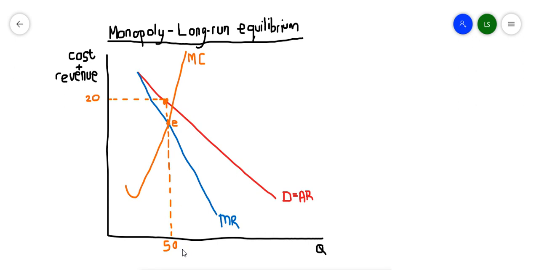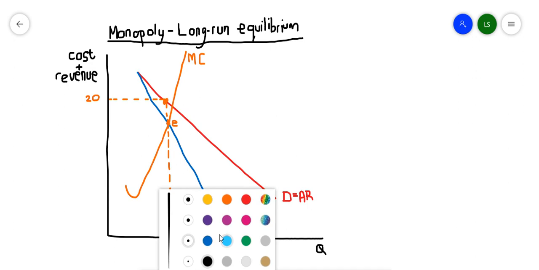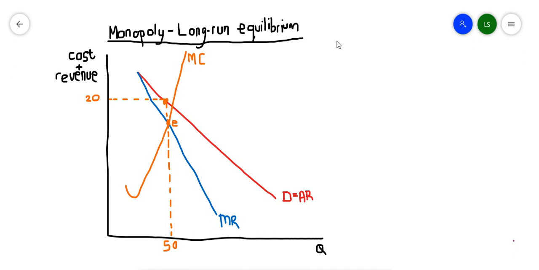The last step is, or the last graph that we have to add, is your average cost. And exactly the same as in the perfect market, the placement of your average cost curve will determine if this monopoly is going to make an economic profit or an economic loss. Okay, now we know long run equilibrium. The theory says in the long run, my individual producer must make an economic profit. That is the theory. Okay, the theory says in the long run, a monopoly will make an economic profit.